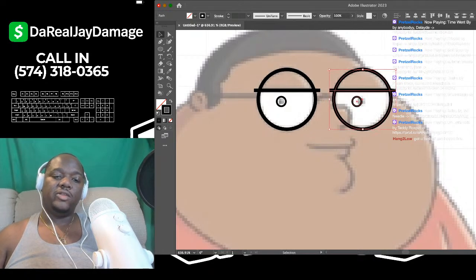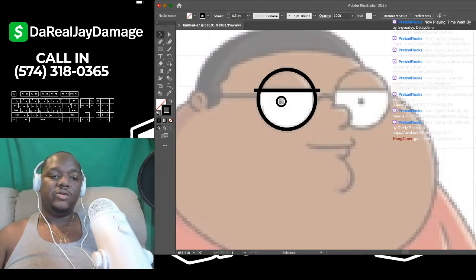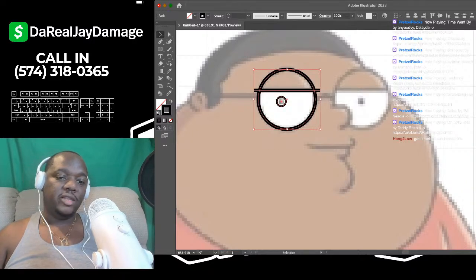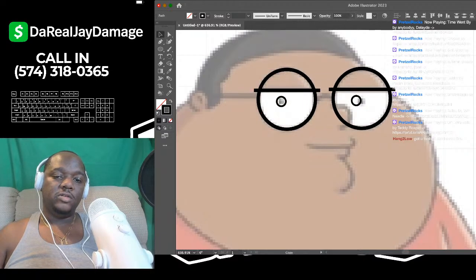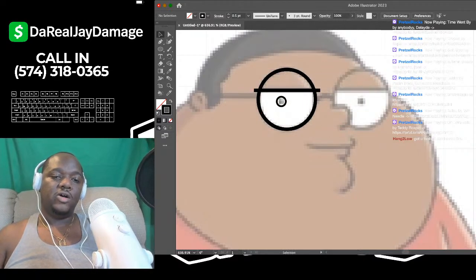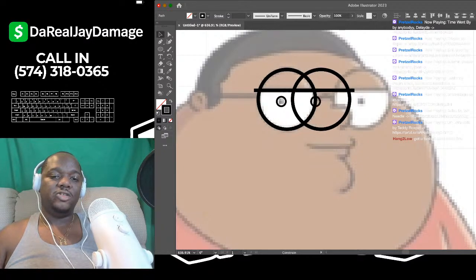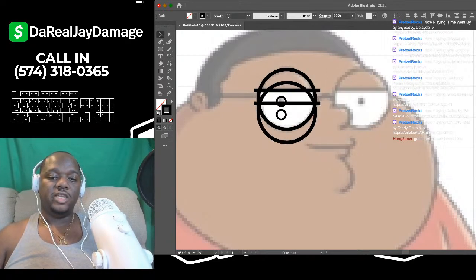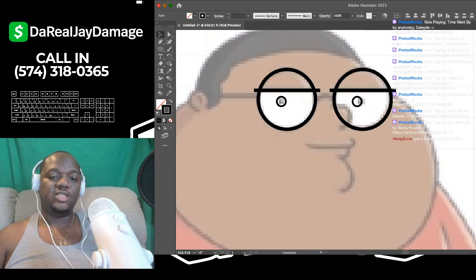That's one way to do it. Another way is you can select the entire thing, hold the option button, and drag it over. So that's two different ways to do it. I'll always do Command C, Command F, and drag it over, because when you hold Shift and drag it over, you're keeping it in place. It doesn't matter where you move your mouse, it stays in place like that. That's some quick tips for y'all.